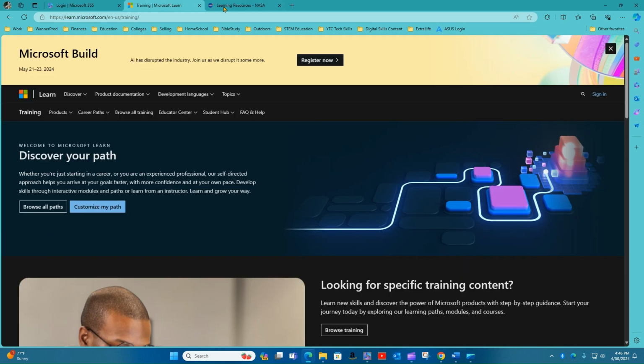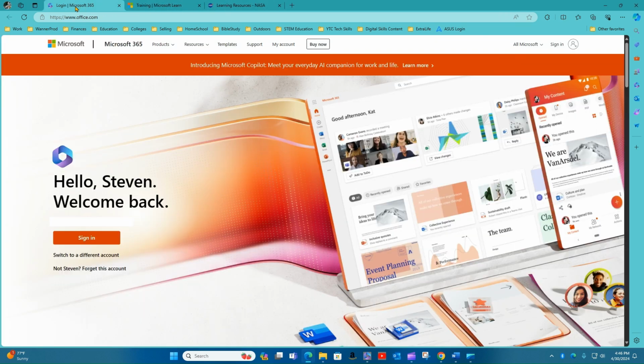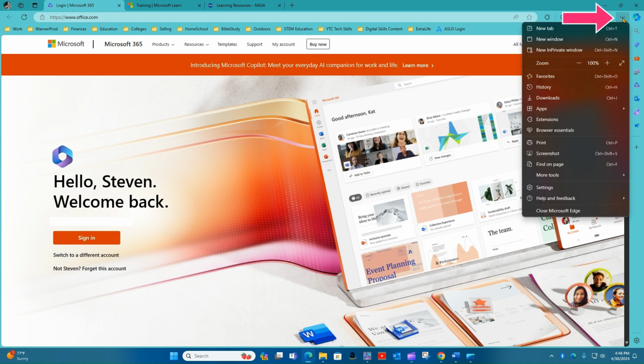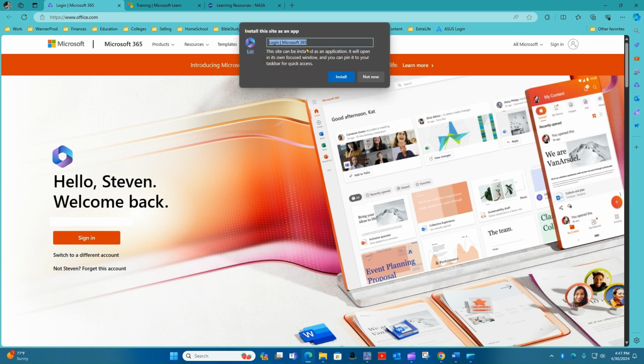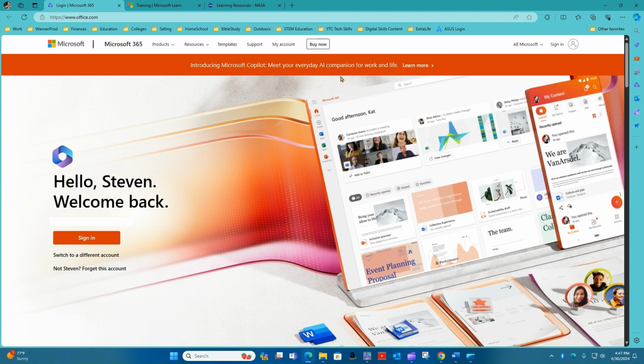So I have a few websites that I frequently visit. However, if I wanted to not have to browse these every time, I can come over here to the three dots again, scroll down to apps. Now, if this is highlighted, then this website is able to be installed as an app. If it's grayed out, not so much. So I'm going to click install this site as an app, click the install,